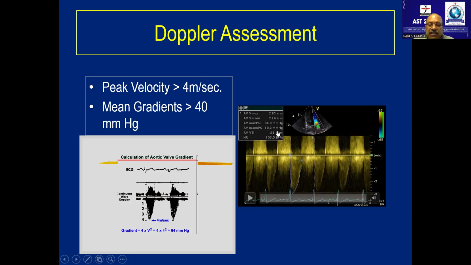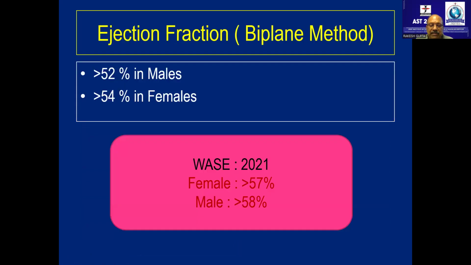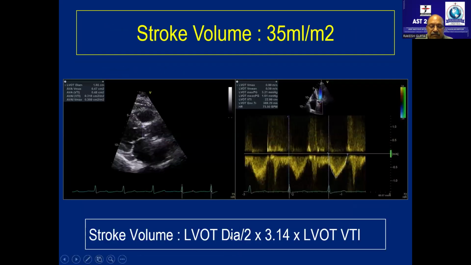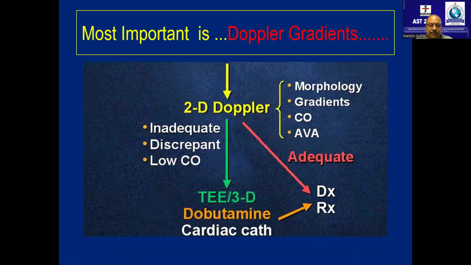And this aortic valve velocity VTI, if I go back to my previous slide, whatever the blood which is going through LVOT has to cross aortic valve, correct? So at LVOT, we have got a VTI and LVOT area. In aortic valve, we have got a VTI, but we do not have an aortic valve area. So what do we do? We divide these volumes by VTI so that we get an aortic valve area. I'll come back to it again.